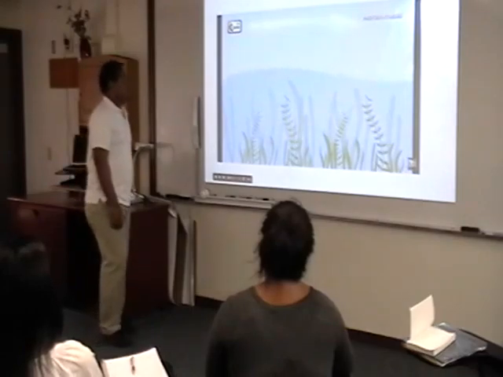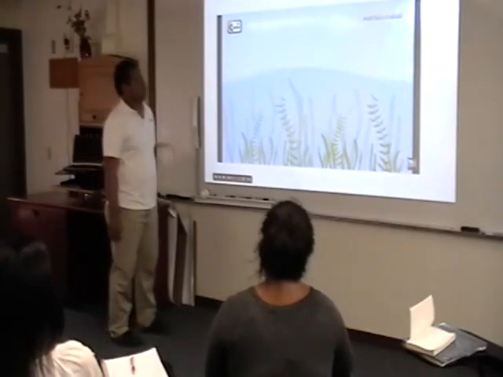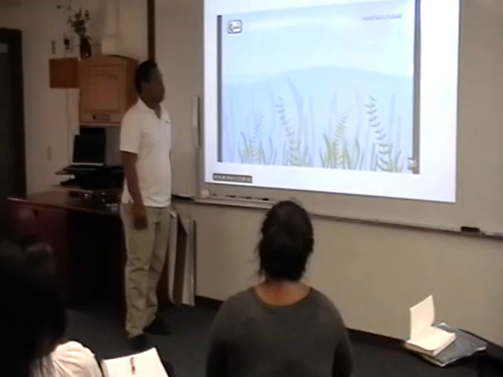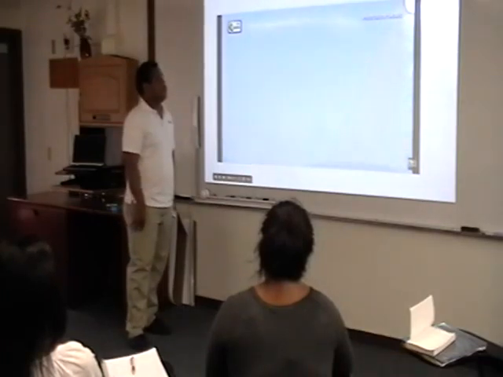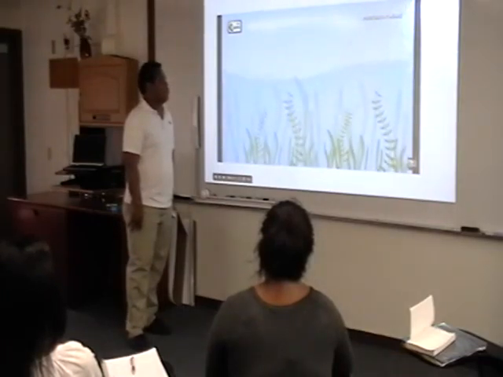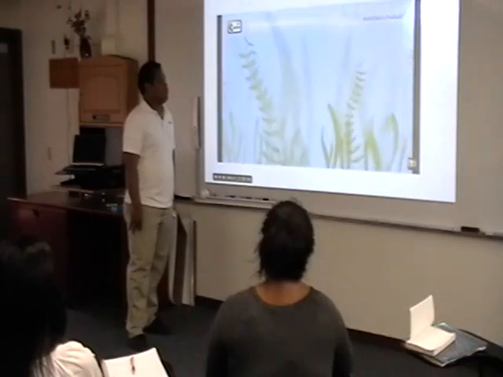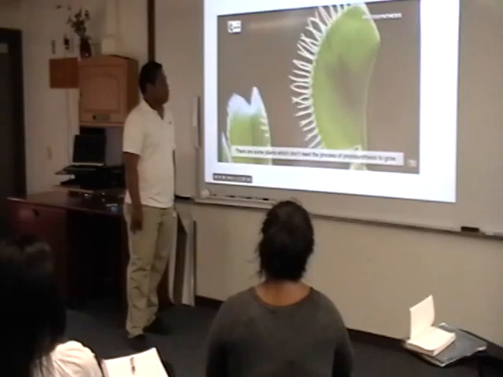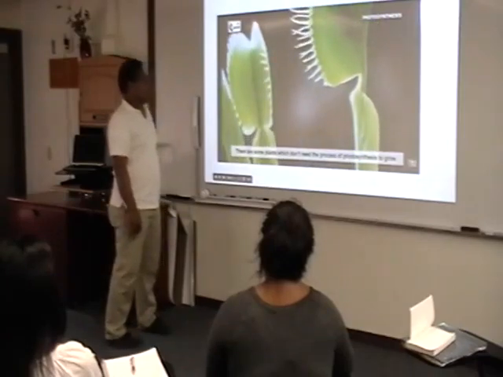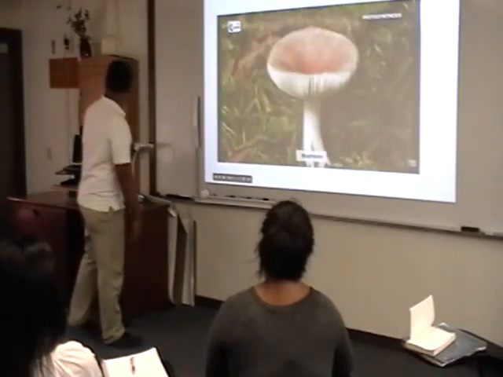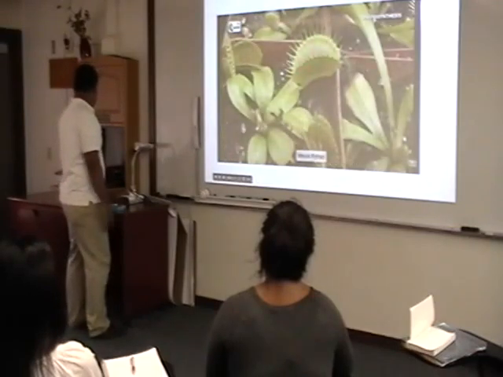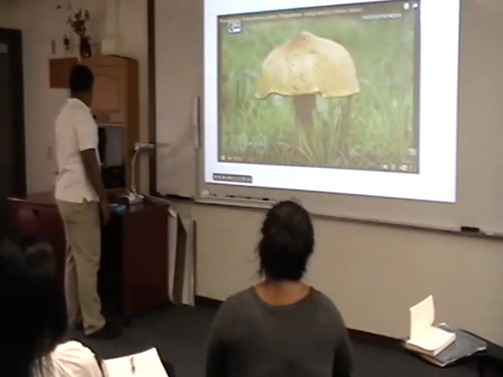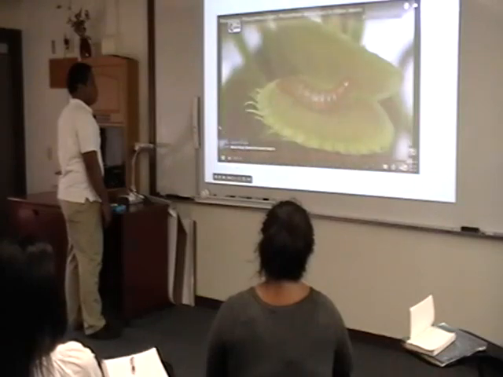Underwater photosynthesis takes place at a slower pace than the normal photosynthesis. This is because energy from the sun is absorbed by the water layers and only some amount of energy actually reaches the plant. There are some plants which don't need the process of photosynthesis to grow. Such plants include mushroom, Venus flytraps, etc. Mushrooms get their food from the ground and from their surrounding areas. Venus flytrap